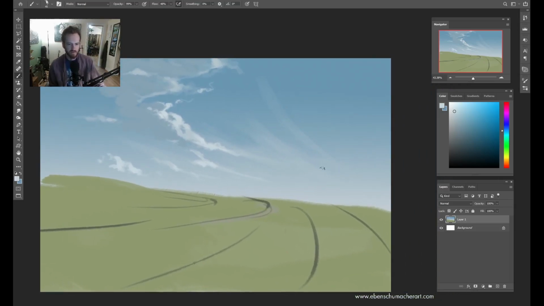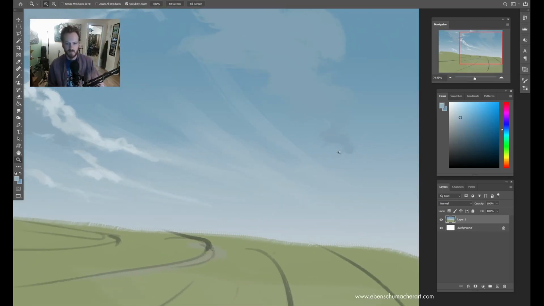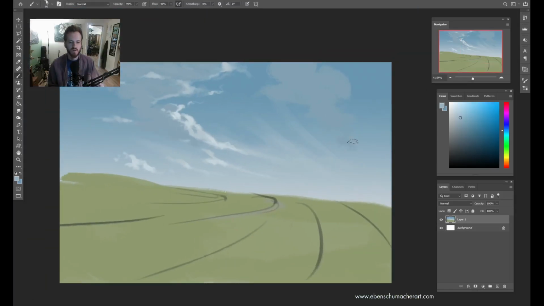Let's think about the other side of our canvas here as well. Maybe we can map out some other cloud shapes. We can start with the shadow side too. We don't always have to start with the lit side. Of course, as I start to get down the horizon line, we don't want our shadow to be too much darker than the rest of the atmosphere there. So I'm gonna sort of hold it off there,